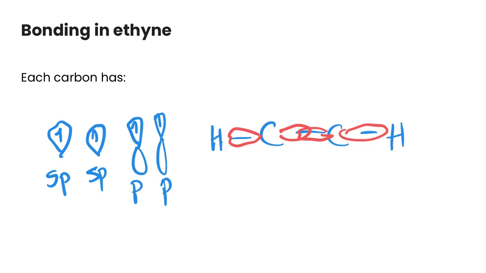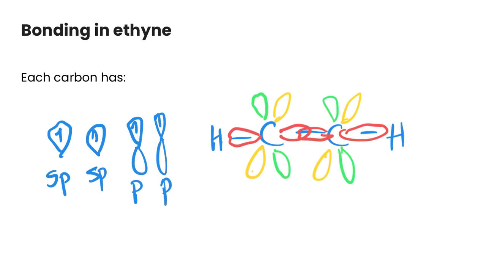And then we also have p orbitals around each carbon. So I'm going to draw one there in green, and then maybe we'll draw the second one in yellow so we can kind of see that. So I'll draw that one there and then that one there. And that's going to create our sigma bonds, and then the greens are going to overlap side to side to create one pi bond, and the yellows are going to overlap side to side to create our other pi bond. So again, this is how our bonding is coming about